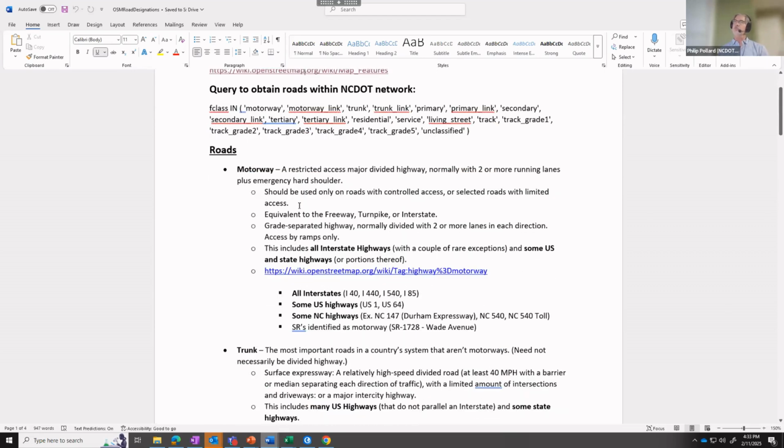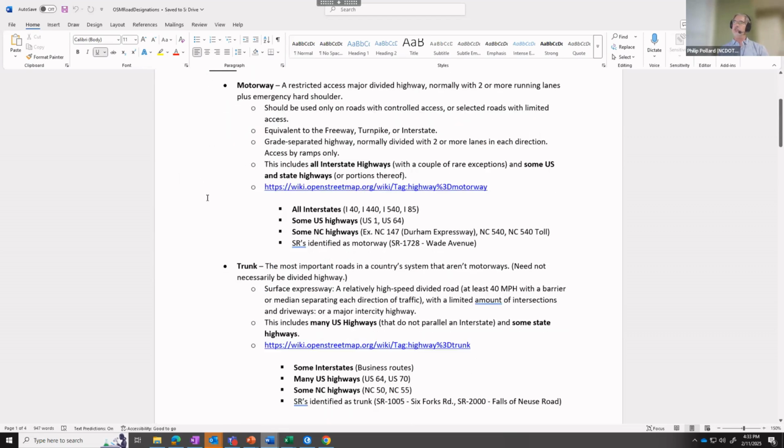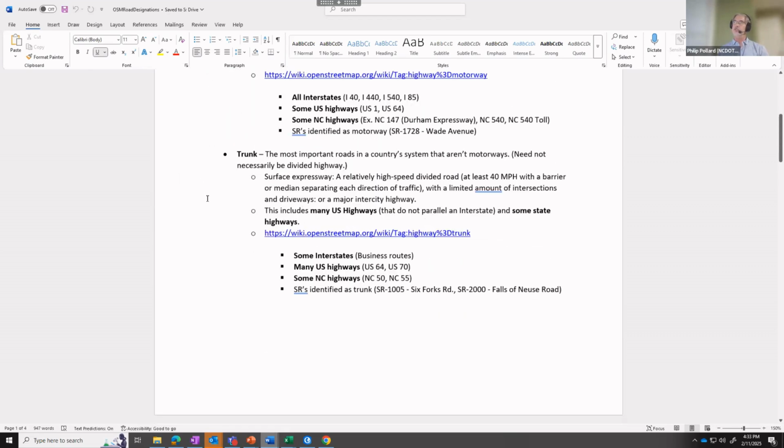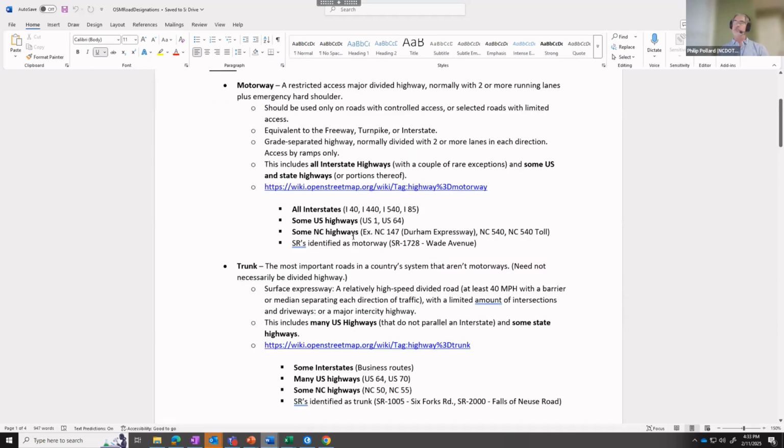So we went through the motorways, the trunk, the categories, and the motorways are like all interstates, some US highways, some NC highways. And in the beginning, we were doing locate features along route, which has a buffer distance. Well, it can pull in other roads that could get a duplicate, or not duplicate, but a route ID that would not be on that road. So let me go back to